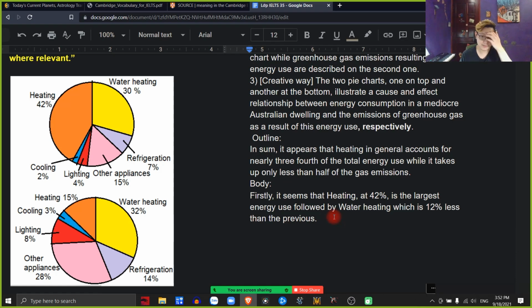The latter and the previous. Less than the previous. However, this is still twice the amount